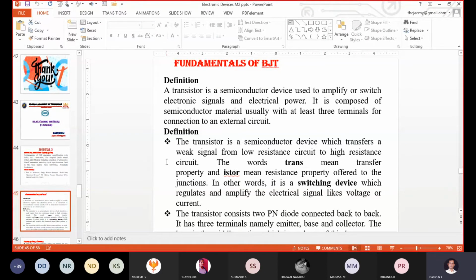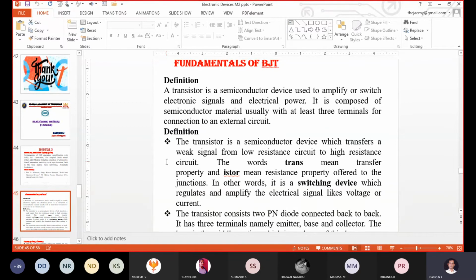Breakdown, obviously you people are aware. Up to some extent your diode will tolerate the reverse mode. Once we exceed that limitation, due to very high reverse current, the diode will break up. That breakup condition is called the breakdown region. We will forget the breakdown region; there are majorly three modes of operation: active region, saturation region, and cutoff region. This is the brief introduction about bipolar junction transistor.